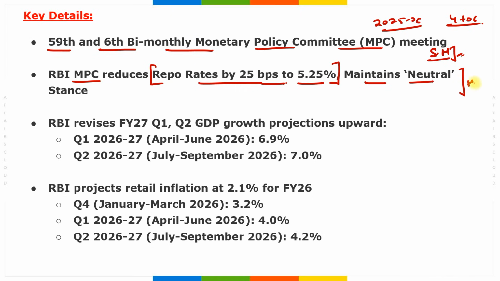This is the most important statement you have to remember. So, Monetary Policy Committee voted unanimously to reduce the policy repo rate under the liquidity adjustment facility to 5.25%. Remember, if RBI lowers the repo rate, loans will get cheaper, more spending will be there, and economic growth will be there. So it means the main target is on economic growth.